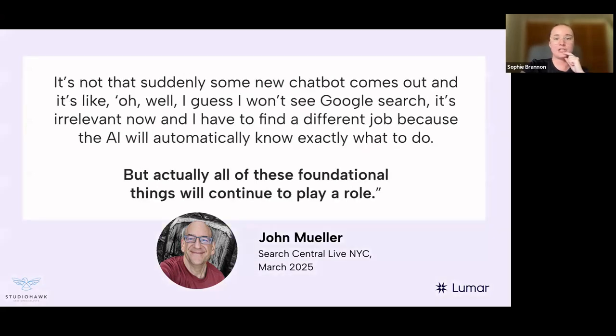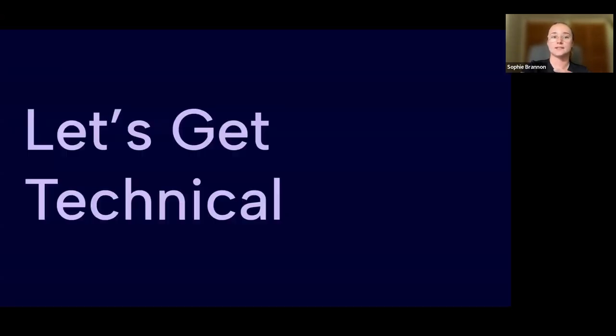So everything to do with how we're currently structuring our technical SEO elements and making that accessible to Google is also going to align with how that pulls through into AI as well. So really just wanted to make that super clear: the foundations are still going to play a really pivotal role in this. So let's get a little bit more technical and really break down some of the main elements